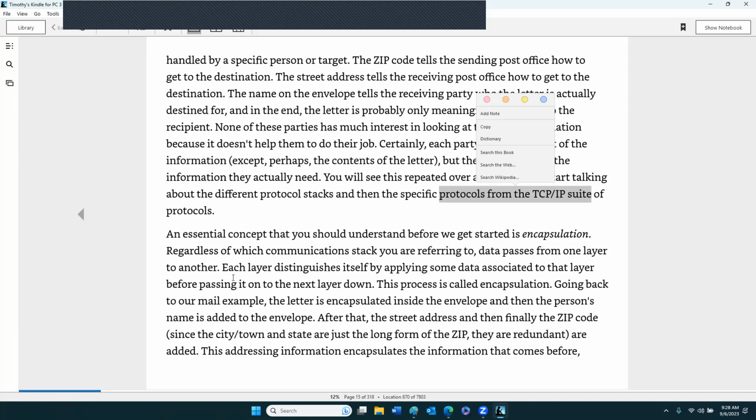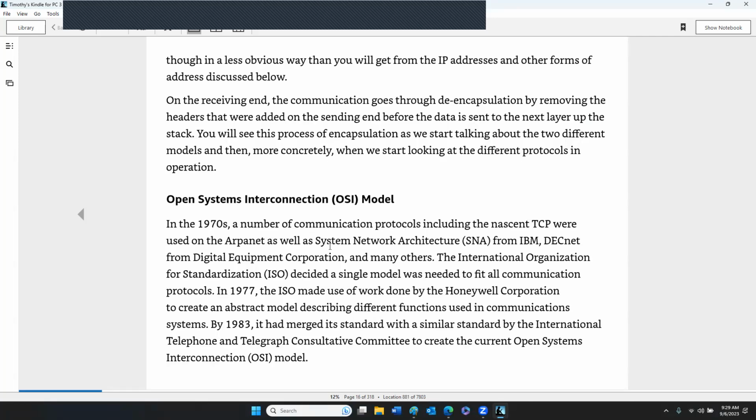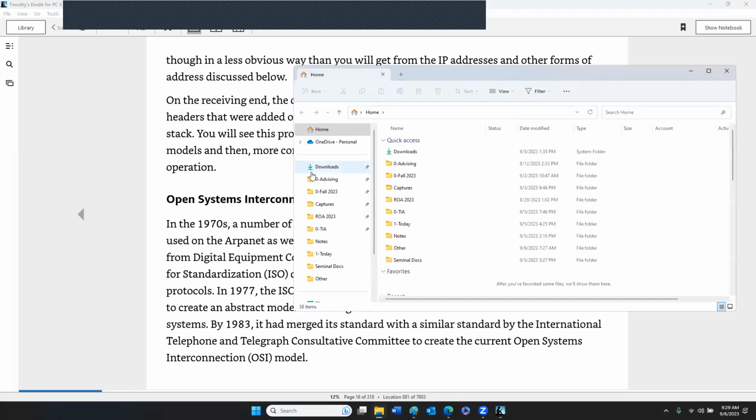But then he articulated this other model by industry called the internetworking model or internet model. It has 5 layers. And again, that's a model. It's conceptual. It's not an actual protocol suite. And then Comer also talked about the early days of the internet and how they had a 4-layer model, and it was used by all the industry leaders, by 3Com and Microsoft and IBM and all those industry leaders. And so in your study guide,